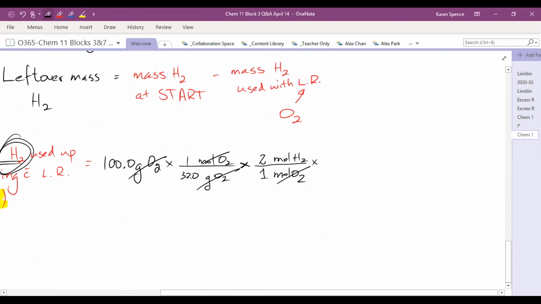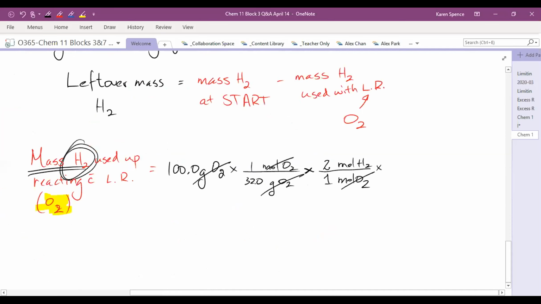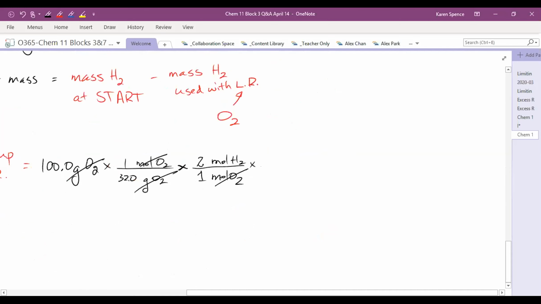And finally, we are trying to find the mass of H2. So we need to cancel moles of H2 and find grams of H2. And because it's 2, each one weighs 1. There we go. So now we have 100 times 2 is 200 times 2 is 400 divided by 32. And we get 12.5 grams of H2 was used up